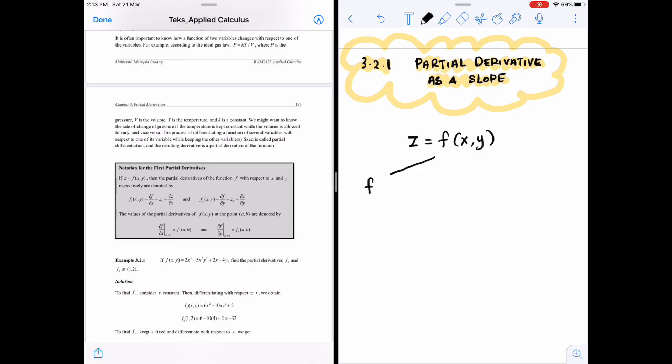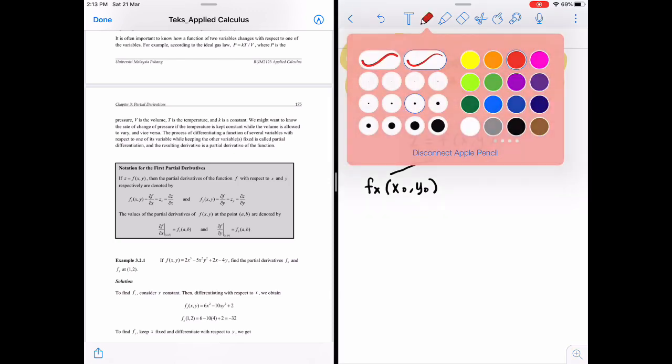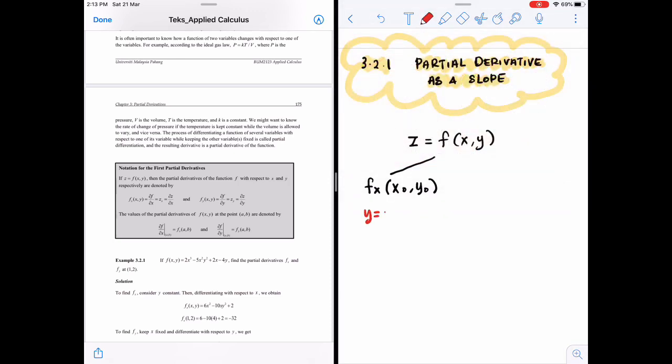So we will have fx at point (x0, y0), and this partial derivative with respect to x actually represents the slope of the function f(x,y) for the plane y equal to y0 at point